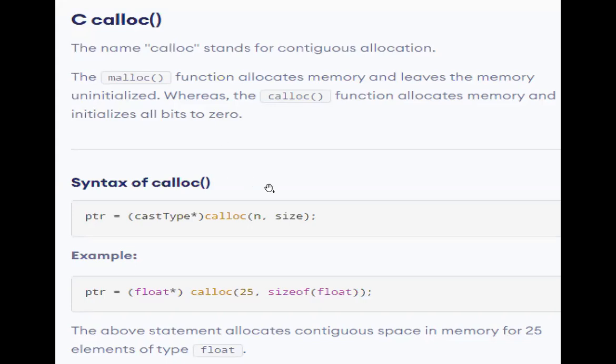As I told you, in malloc we specify one size, that is 400 bytes. Now I have to specify how many bytes, so there I have specified 400 bytes. So 400 bytes is one block there. Now I can specify the number of blocks here. That is, n means I am going to say that I need 25 blocks of a particular size.